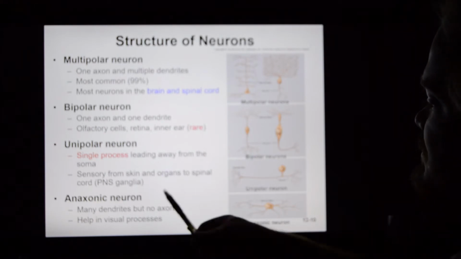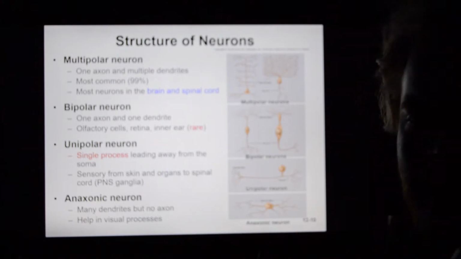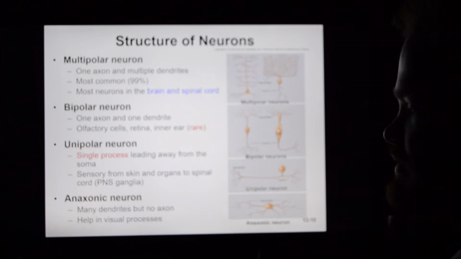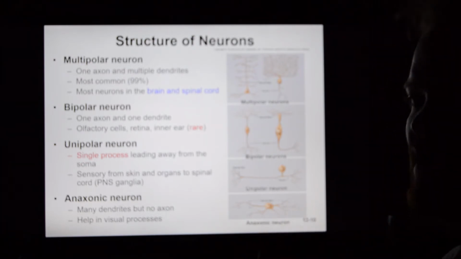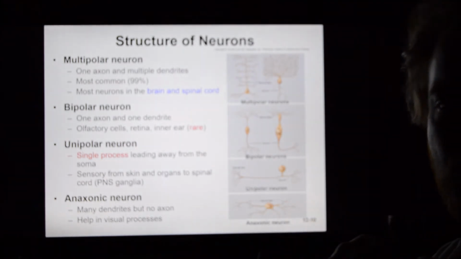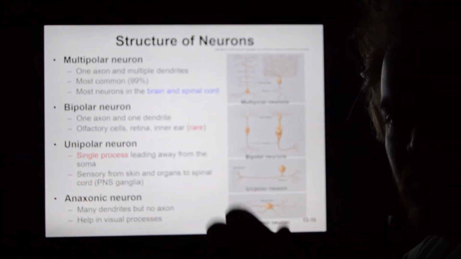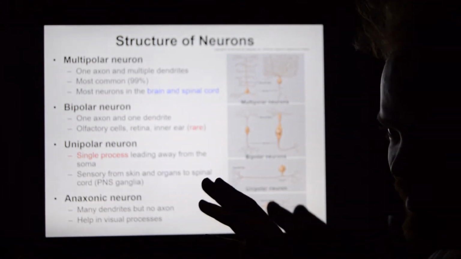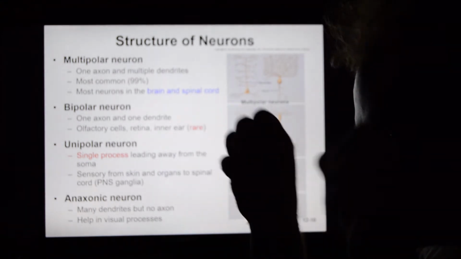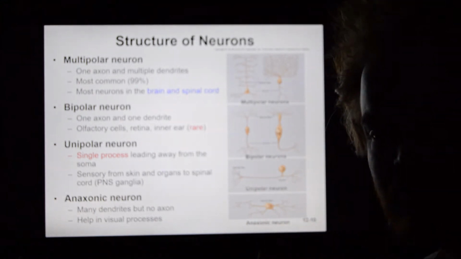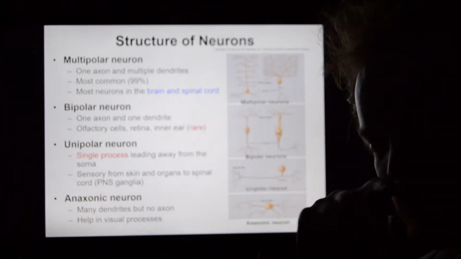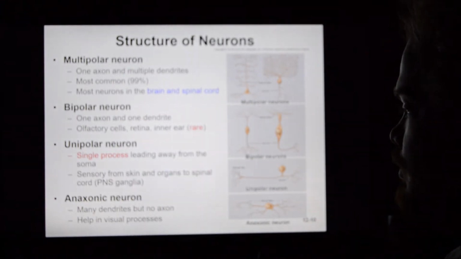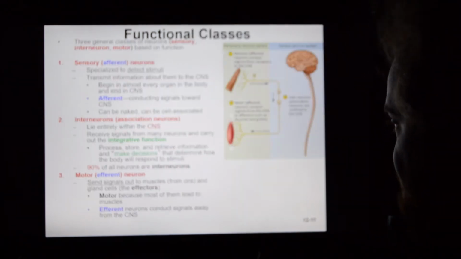And then last but not least, anaxonic neurons. They lack axons. So if they lack axons, what can they do? These are found in the visual process, where your rods and cones or bipolar neurons are releasing neurotransmitters in your eyes for you to be able to see. Anaxonic neurons only have dendrites. So what they do is take up excess neurotransmitter to fine-tune the images that you see, to fine-tune the way in which neurotransmitters are being released. So those are anaxonic neurons, primarily for visual processing.